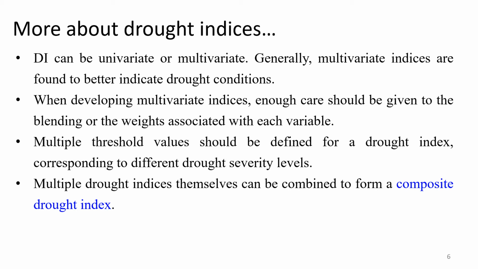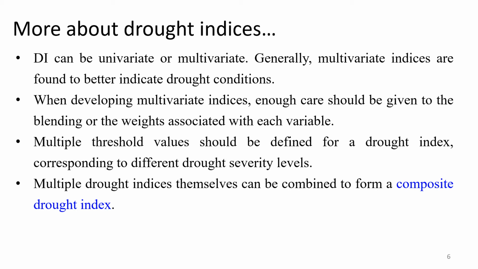But a drought event, when it starts, will reach a worst state, and then it will become normal. And for that worst state, for each different level of severity, we have to define different levels. Okay, -1 is one level. I can define -2 as another level of severity, -2.5 as another level of severity. Like that, I can define, and government can have different mitigation plans when the drought reaches different severity levels.